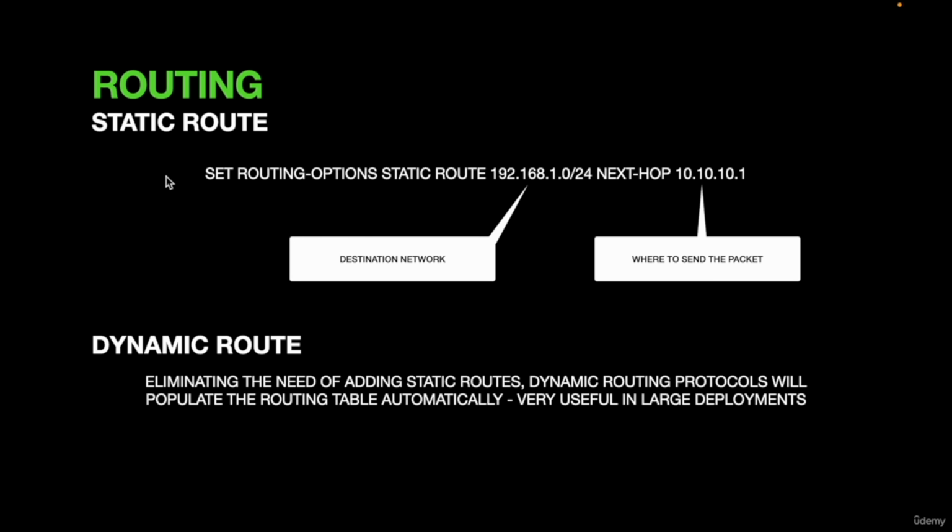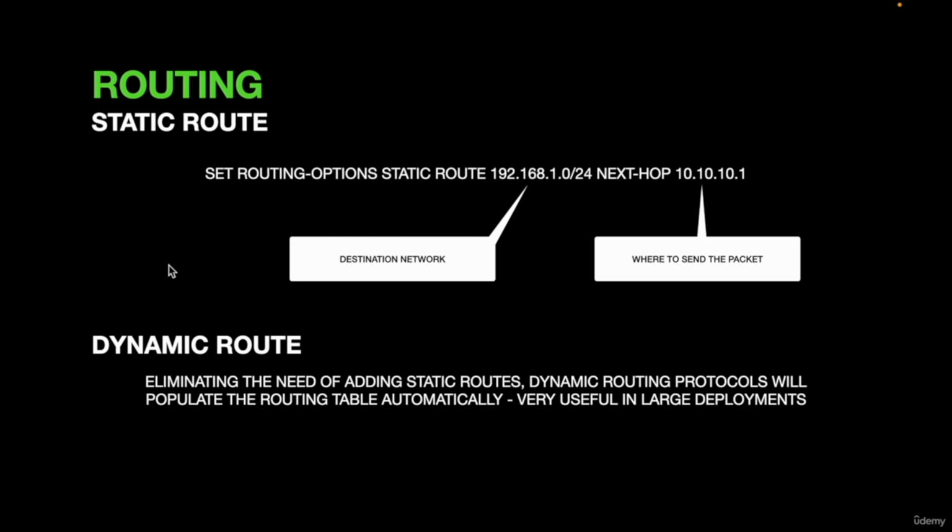Also, how to add a static route. So what is a static route? The static route is a manual entry in the routing table, which is teaching a router how to reach a certain network. So in this case, we are teaching the router to reach this network, and in order to reach this network, it should take this next hop,